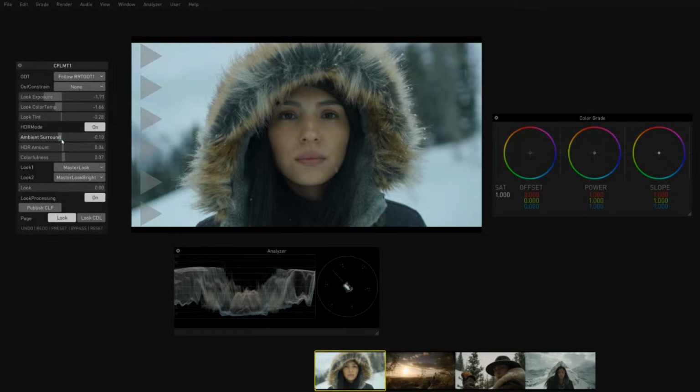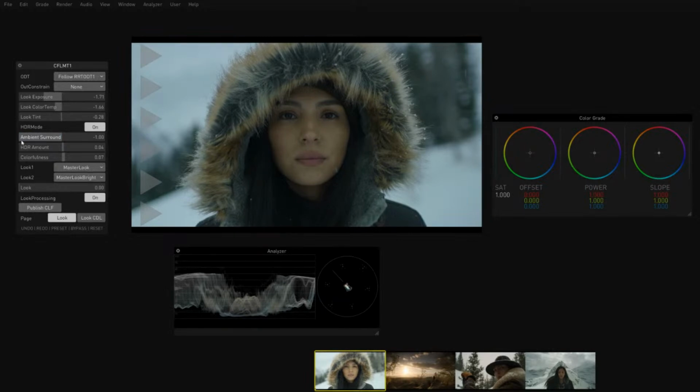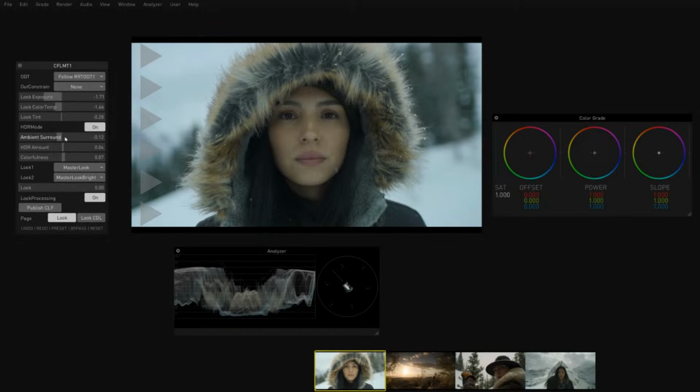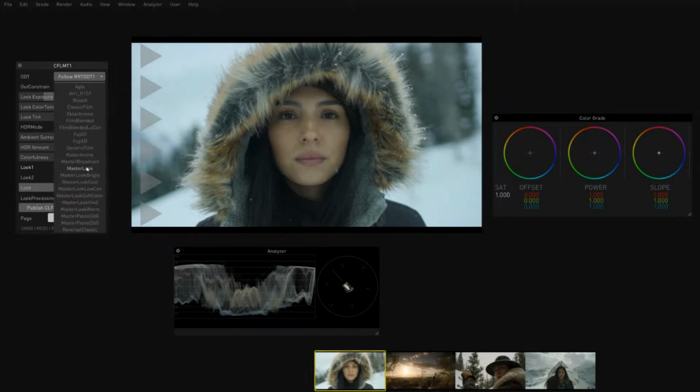So for a very, very dark room, or say Dolby Cinema, you would want to pull that down because you're adjusting for the fact that our eyes are made for dark colors. So we see a lot more detail in the blacks than say we do in the highlights. And so you can kind of adjust for this on the fly based on your deliverable. Again, that's more of an HDR style pipeline.